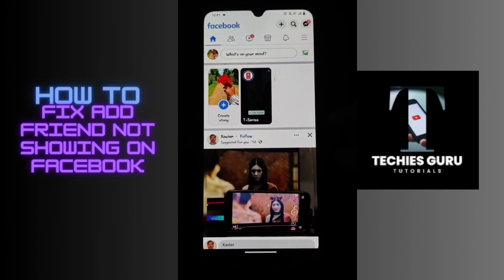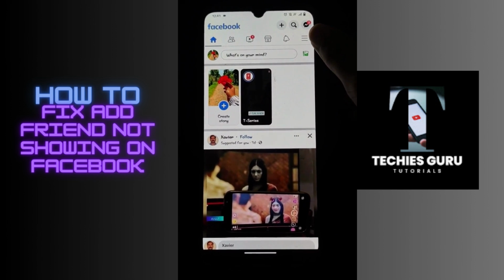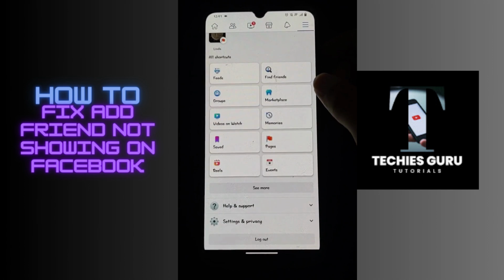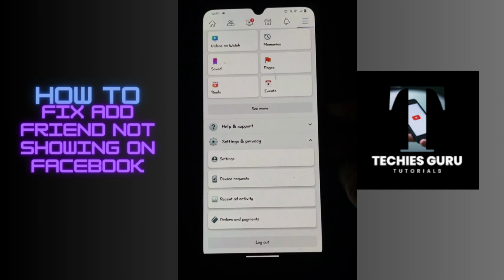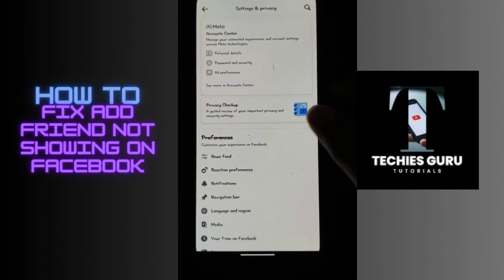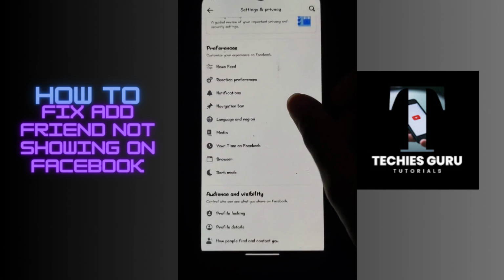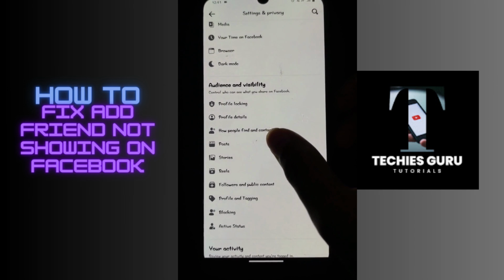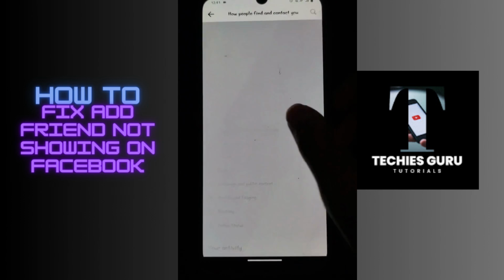And here, after opening your Facebook, you can go to the upper right corner, which has the three-bar icon, and then scroll down and go to settings and privacy, and under that go to settings. And now after opening your settings, scroll down, and under the audience and visibility you will have how people find and contact you. Simply tap on that,